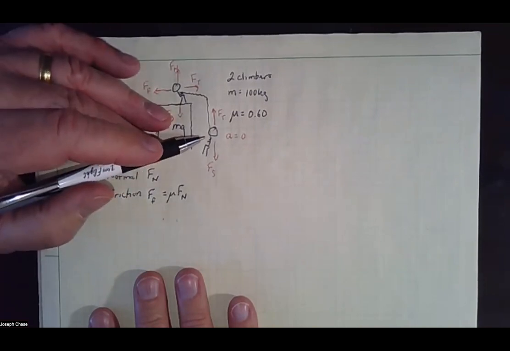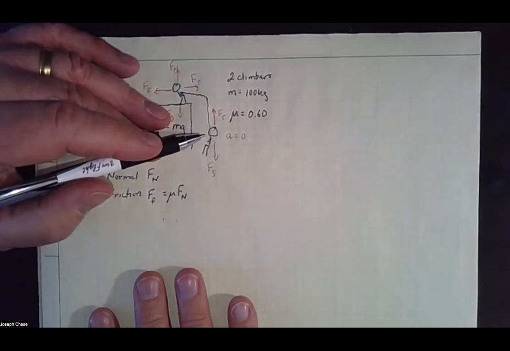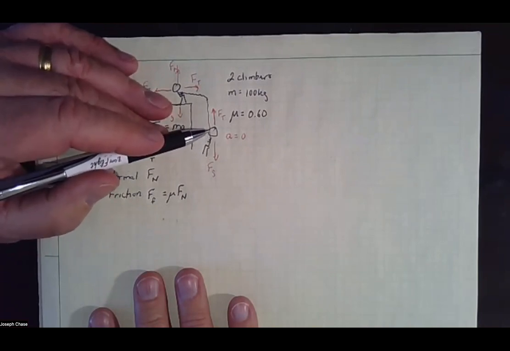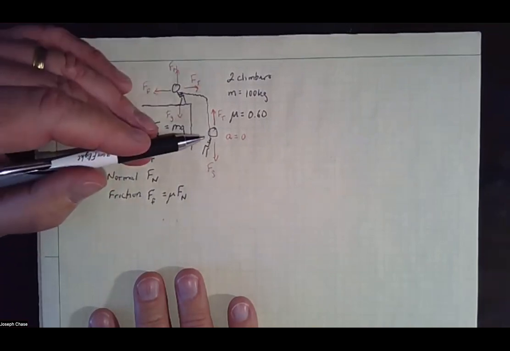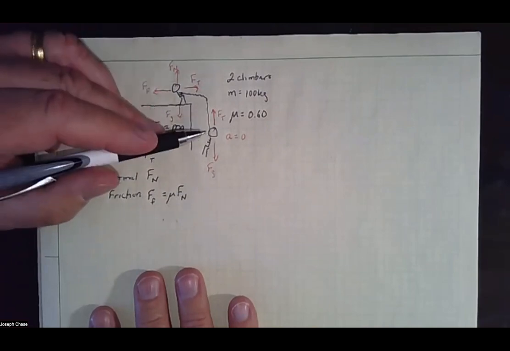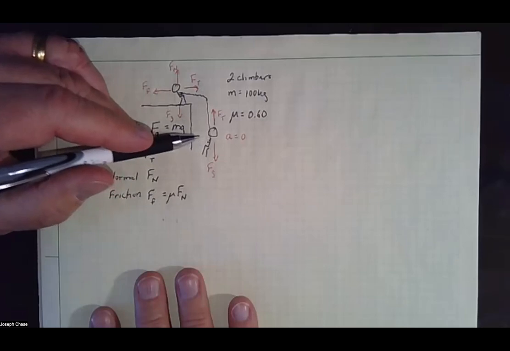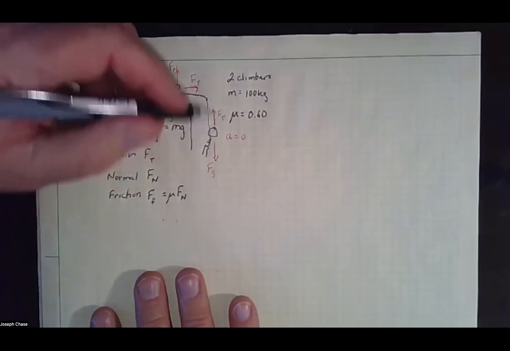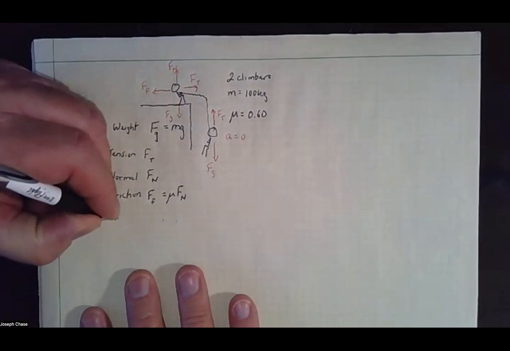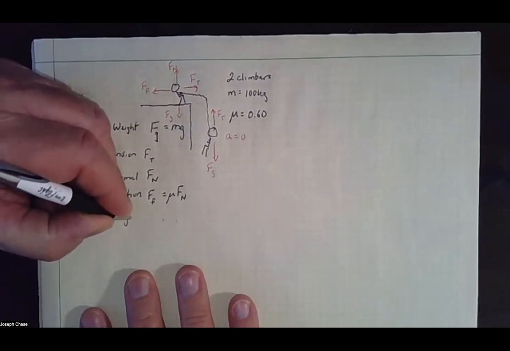Let's call this, this is sort of our hanger, or our victim. That's kind of depressing. Let's just call him the hanger. So the hanger has a free body diagram, and we can always